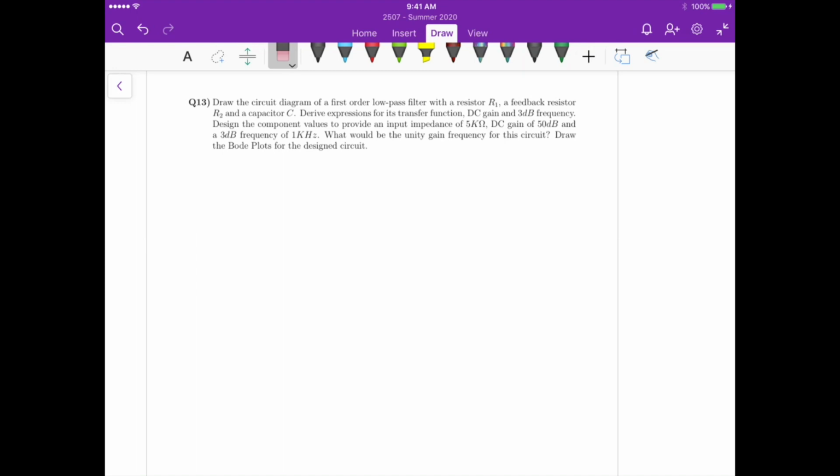Hello, so this is question 13, and we have to draw a circuit diagram of the first order low pass filter with a resistor R1, a feedback resistor R2, and a capacitor C. So let's start with part A. So for part A,